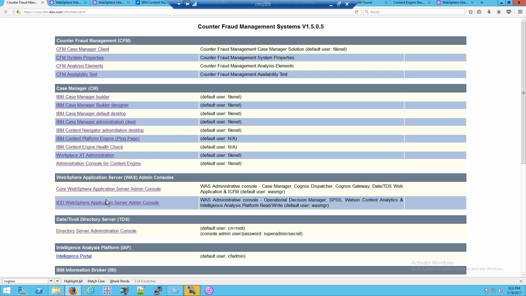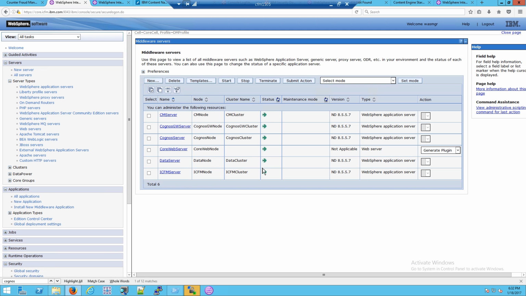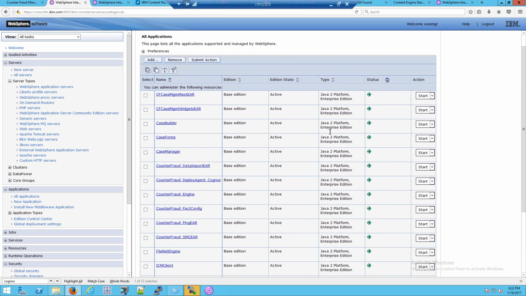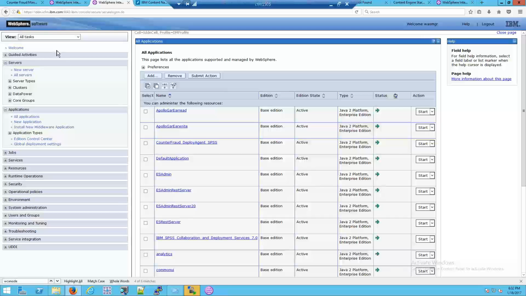What we're going to look at now are the admin consoles, and you have two admin consoles, the core and the IDDN. If we look first at core, let's look at the servers first just so you can see them. There they are, they're all up and running. Then if we look at the applications for core, you can see they're all running as well. And then if you go to the IDDN